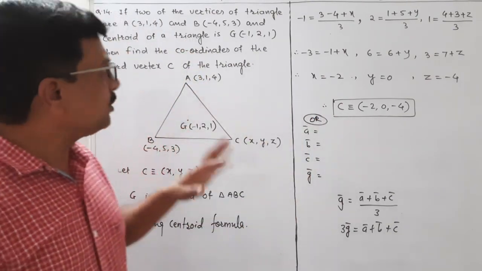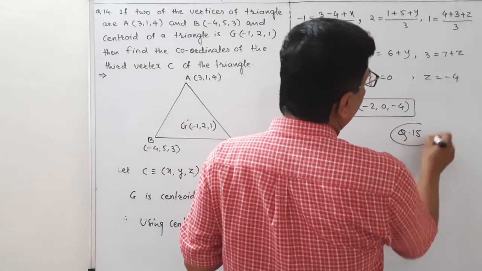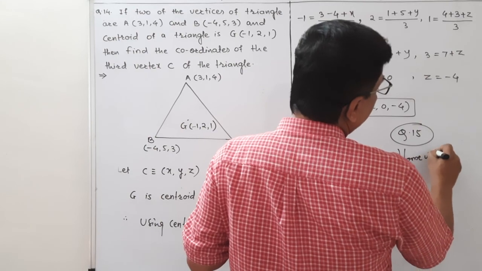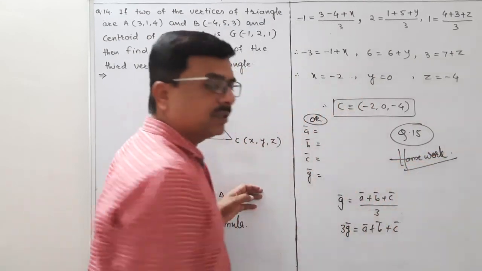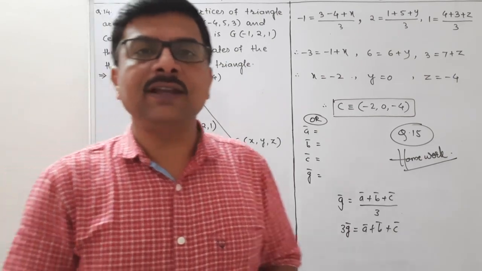ठीक है, ऐसा ही क्वेश्चन नंबर 15 है जो मैं आपको होमवर्क में दे रहा हूँ। क्वेश्चन नंबर 15 फॉर होमवर्क, ये आप घर पे सॉल्व कीजिए। इट इज ऑल्सो रिलेटेड टू द सेंट्रॉइड फॉर्मूला। ठीक है, इसके आगे के क्वेश्चंस हम नेक्स्ट लेक्चर में लेंगे। आज के लेक्चर में इतना काफी है। थैंक यू।